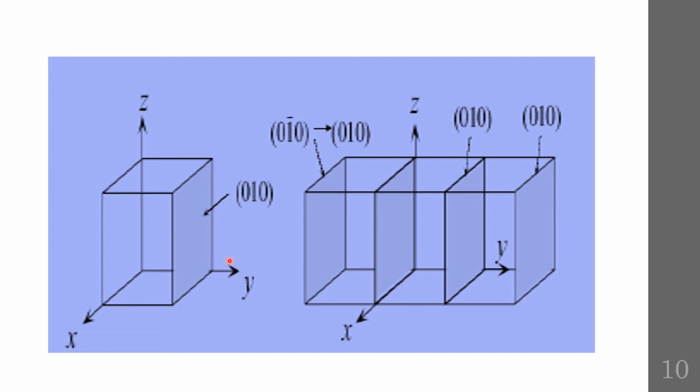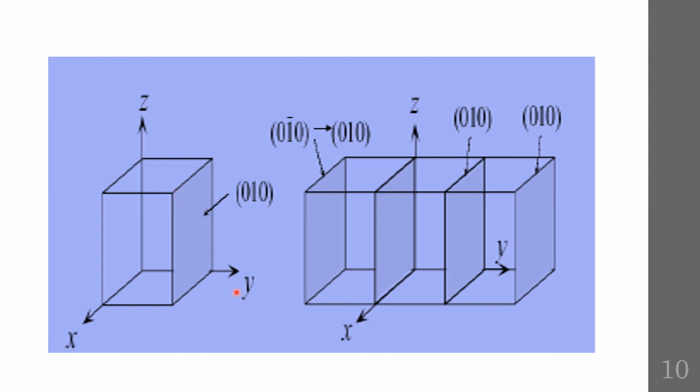So here the plane 0, 1, 0 shows that the plane cuts the y-axis at 1 and the Miller index is 0 and 0 for the x and z axis, which indicates that it is making infinite intercepts on these corresponding axes. So the plane is cutting the y-axis at this point and it is parallel to the x-axis and parallel to the z-axis. So this forms the 0, 1, 0 plane.